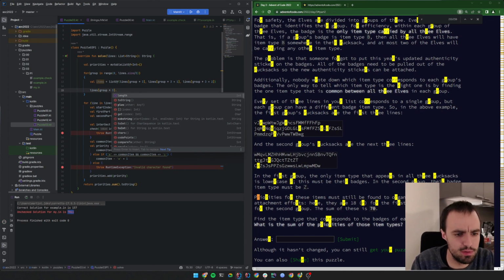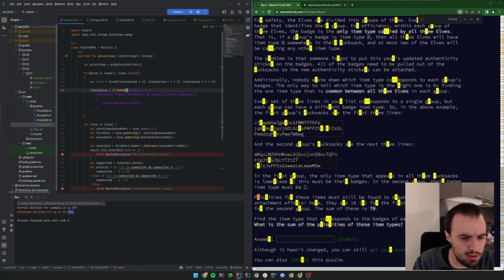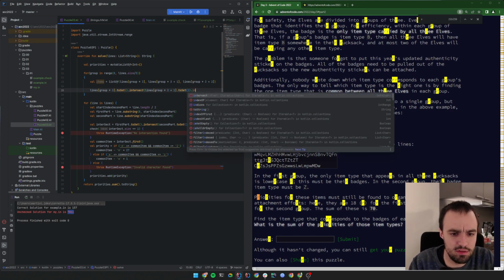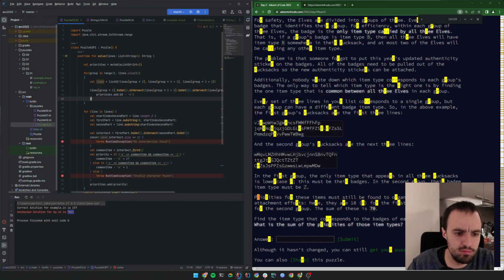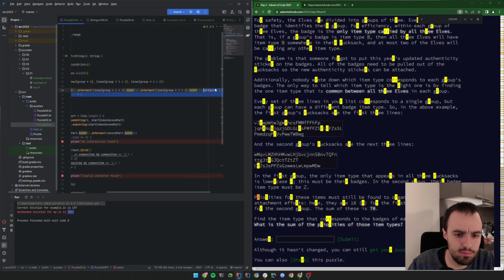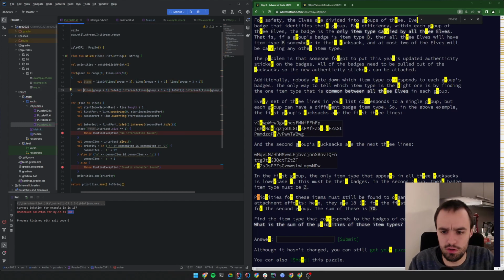This would mean, yeah, to set. And we want the intersection with this one, and we want the intersection with this one, and this is our badge,